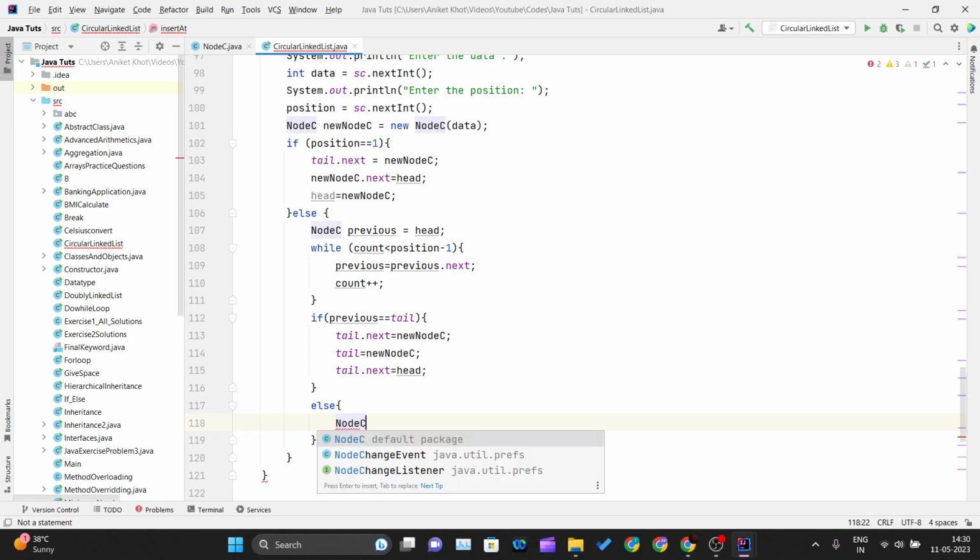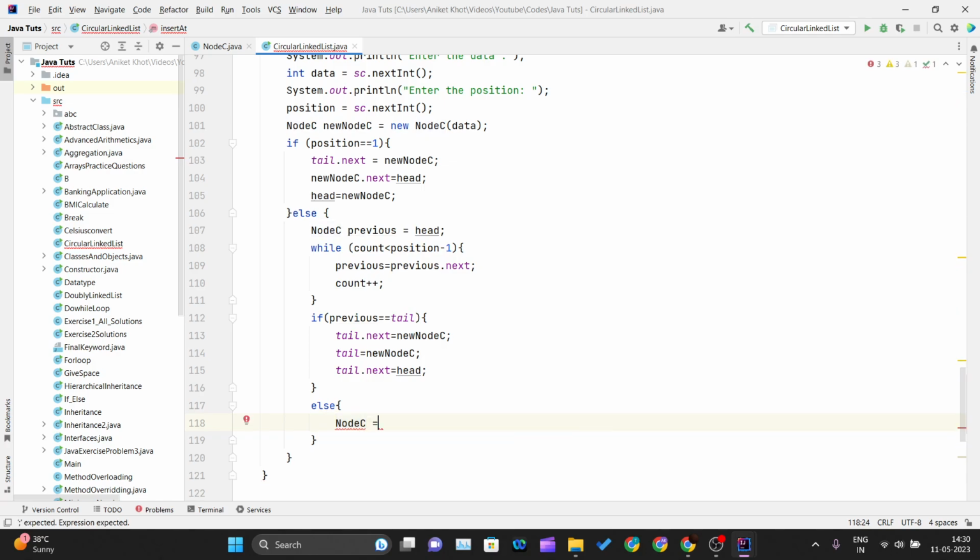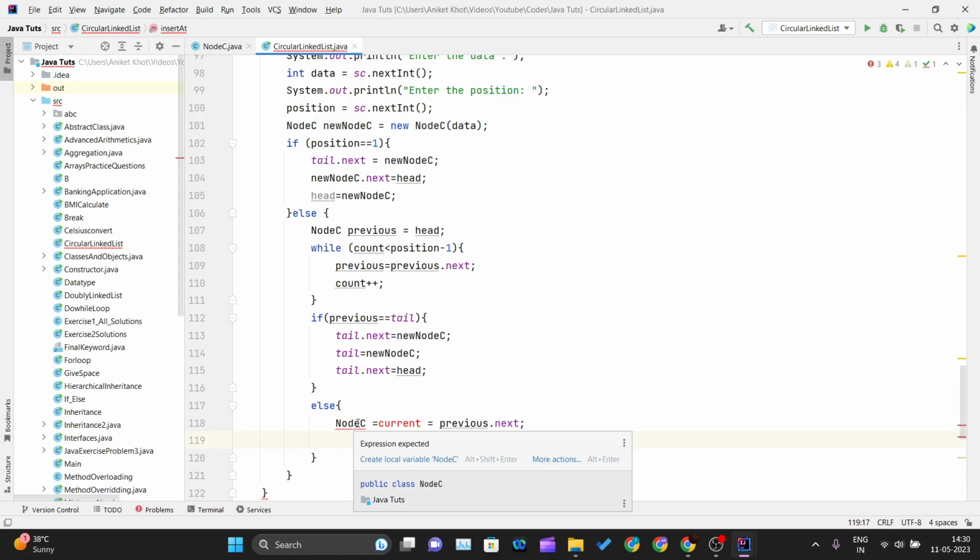So we will write node c is equal to current, which is equal to previous dot next. That means the position at which we want to insert that node. Okay,